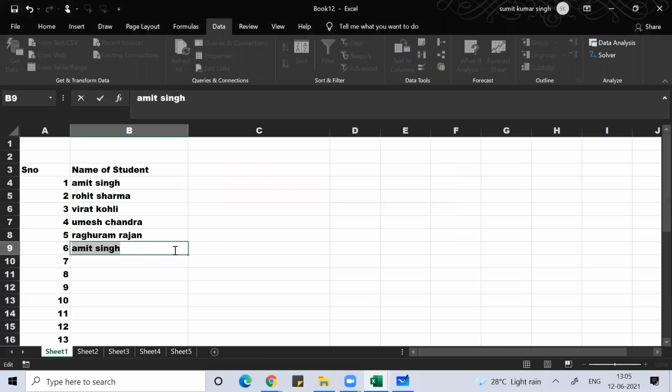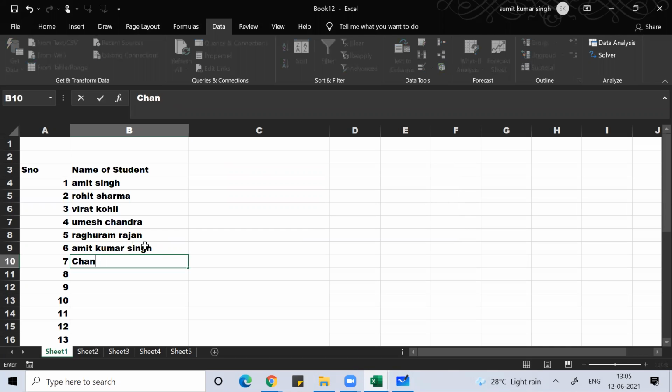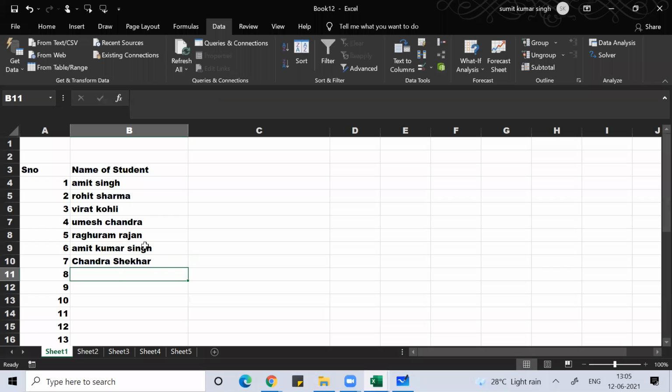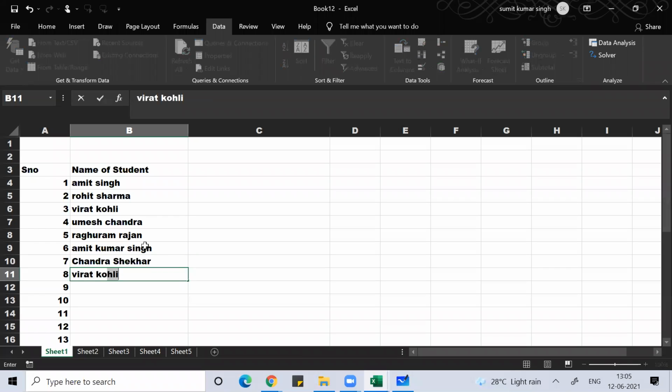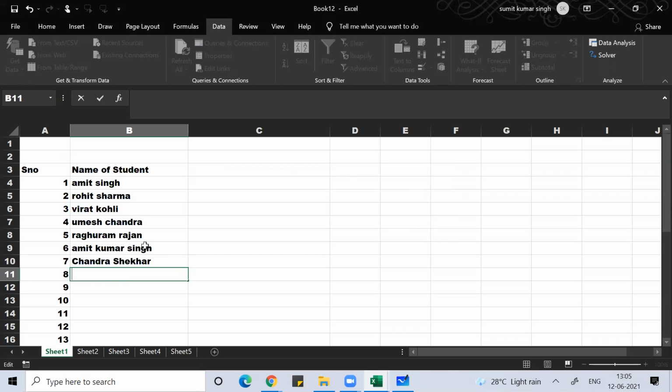Retry. So you can change to anything. It should not be Amit Singh. Amit Kumar. Okay, I hope you are understanding. Chandrasekhar. Let's put everything with capital letter.